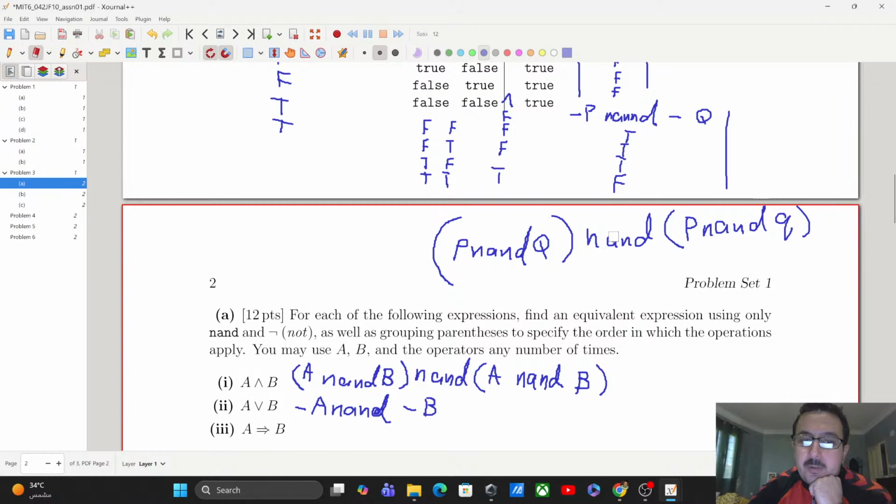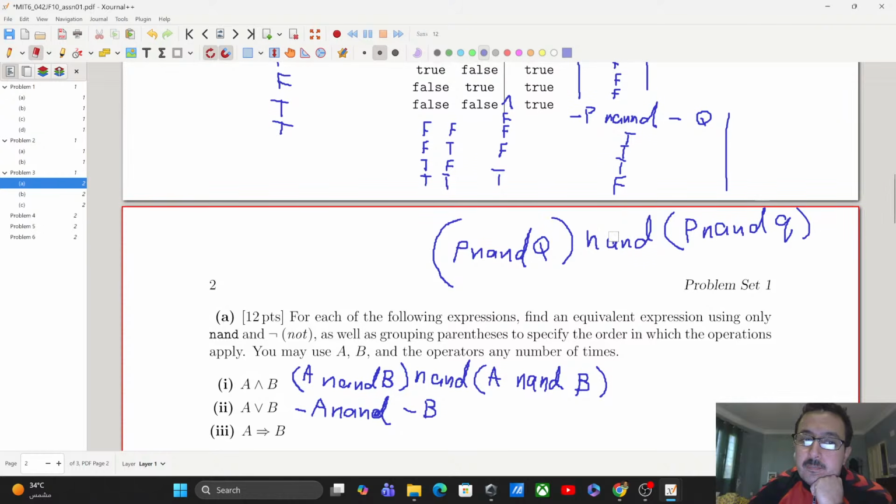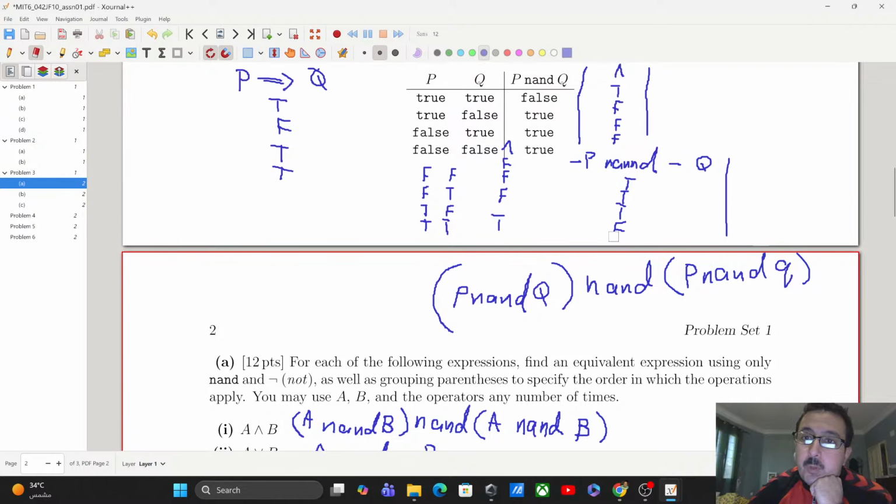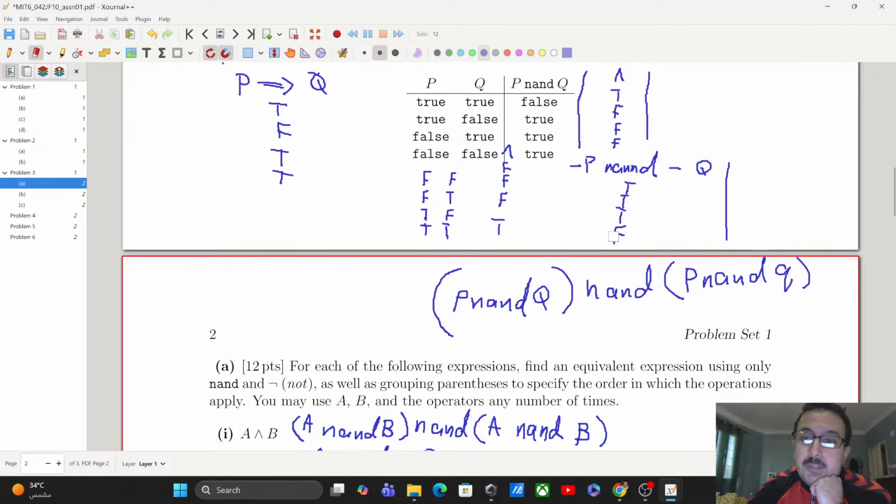Wait, there's something wrong with it. Choose TTT, or yeah, is it TTTF? TTTF. So this is correct. This one has to be TTTT